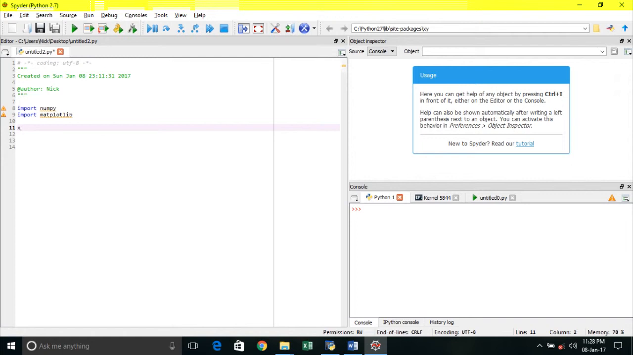So I'm going to define a new variable and I'm going to call it xvals to indicate these x variables. Then I'm going to say numpy.array, so I can define an array like this: 0, 0.1, 0.2. But say for example I want values between